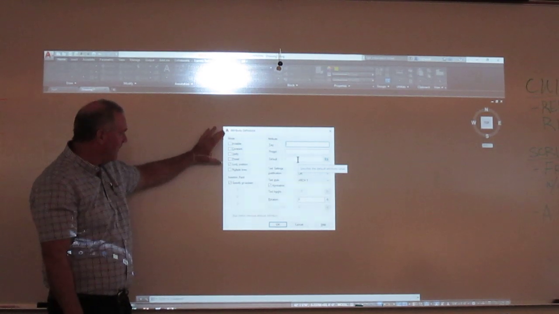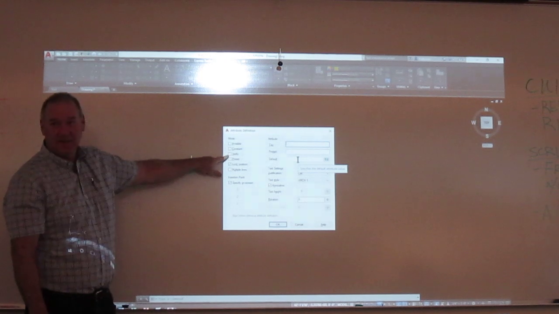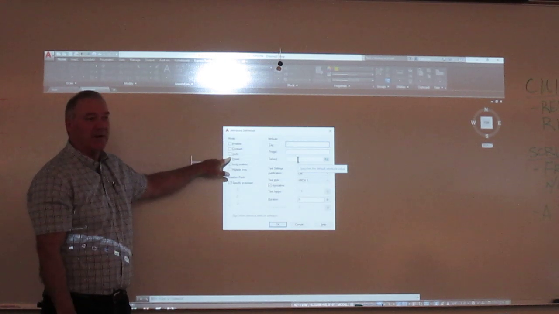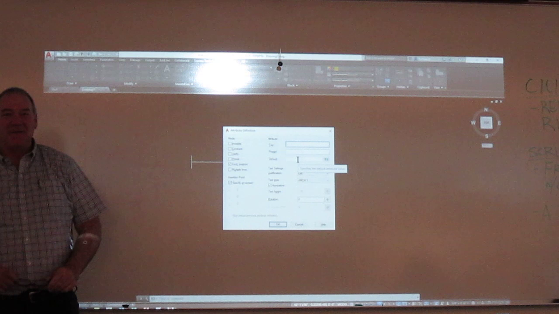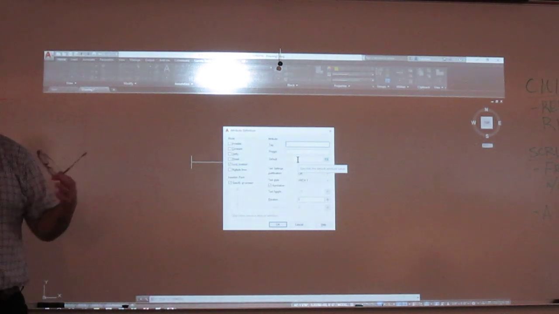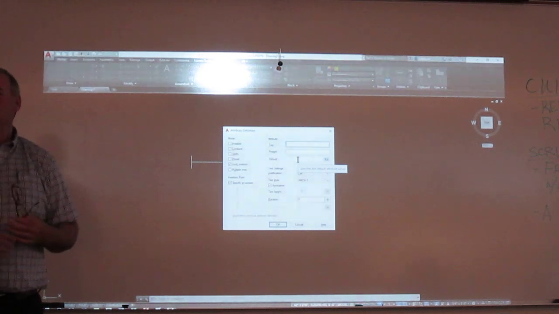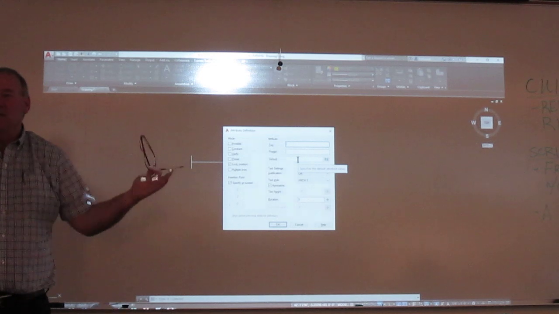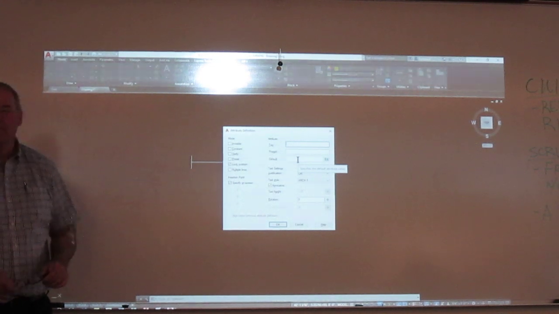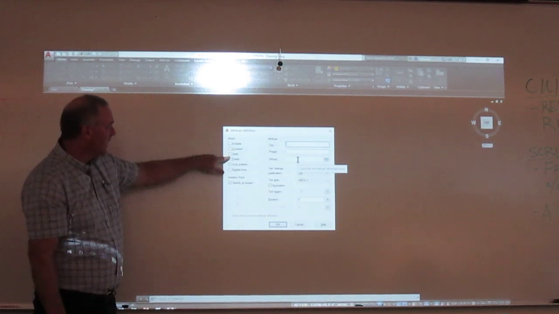So we'll just leave all this alone for now. The one thing I'd say you don't really want to do is the verify one. The verify, you may need it, but in essence, when you insert the block with the verify, it's going to run you through every prompt and make you fill them all out. And many times your blocks are pretty standard. You don't need to change any of the information, right? Okay. So that's the only one I'd say to be careful of.